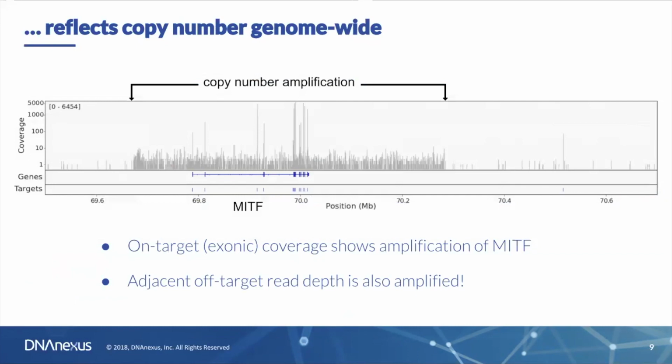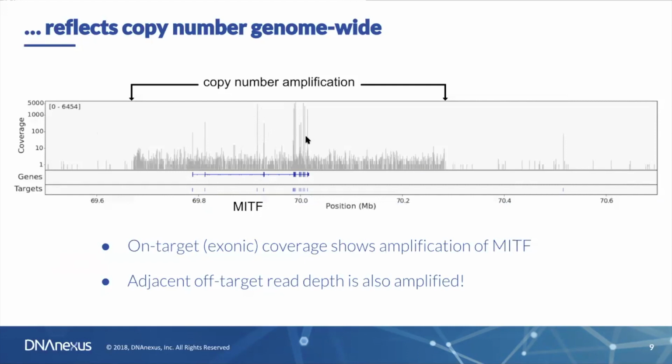Here's an example of a gene zoomed out a bit, where you can see both processes happening. This is a gene with a very high level amplification. We can see at the exons that were targeted, here, here, and here, we see sharp spikes in coverage. The coverage axis here is in log scale, so if you see a point popping up above the rest, that means it's much, much higher than the baseline. So here we're going up to maybe 6,000-fold coverage